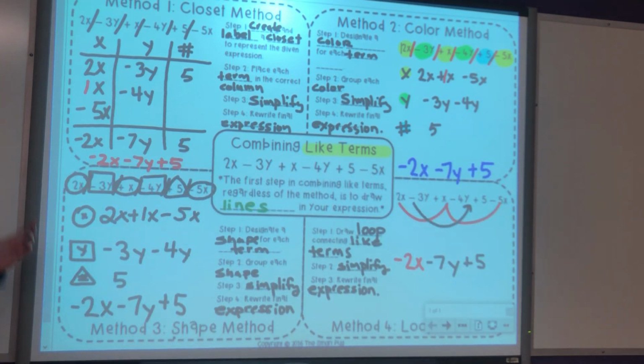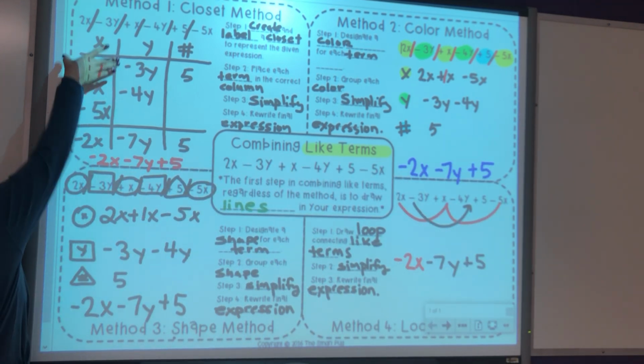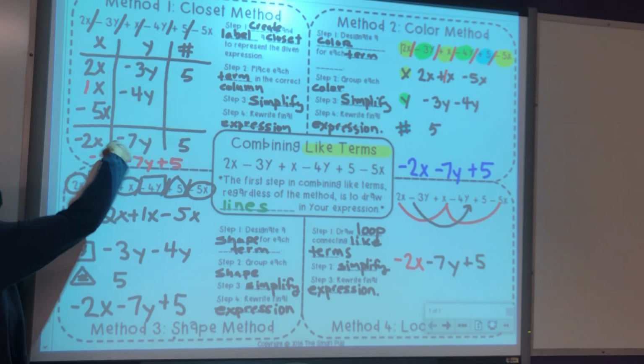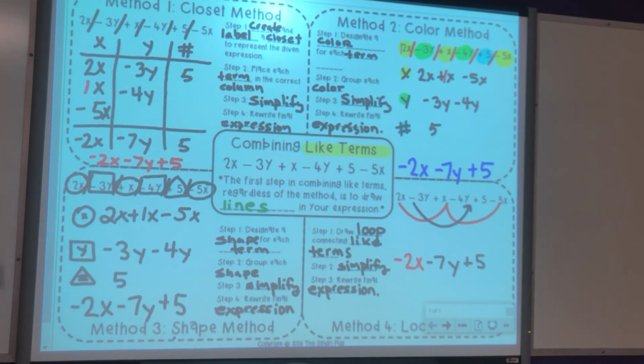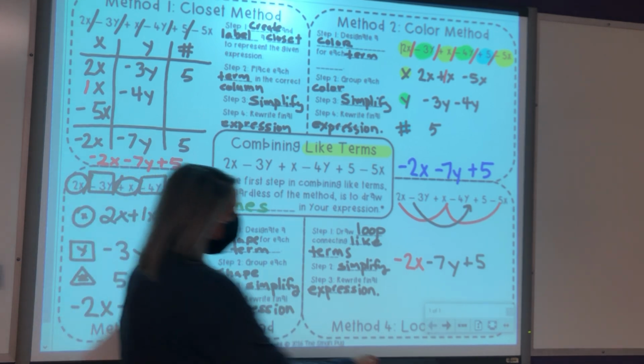So Tucker said he likes the closet because it groups them, and then you have your boxes. It's all about organization and what your organization method is. You're going to draw lines in between them and it'll look like that. So it's okay, it's just your method, right? And if you find something else, like when I do this,